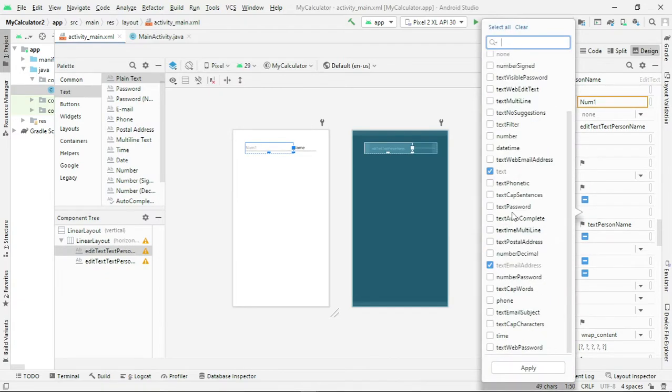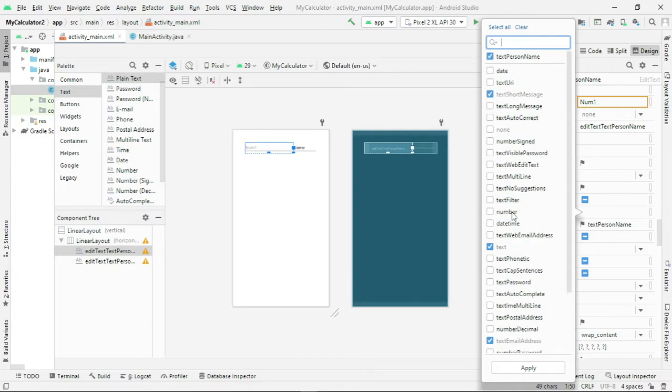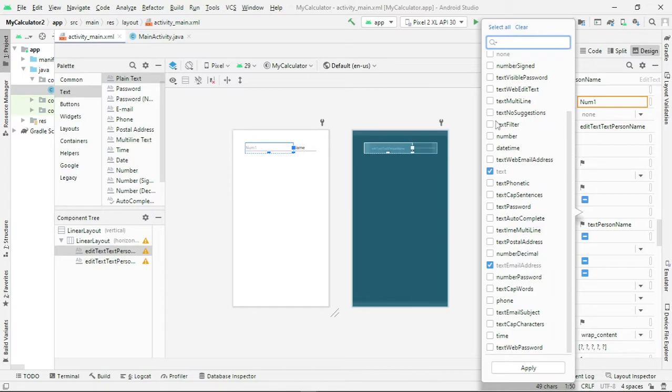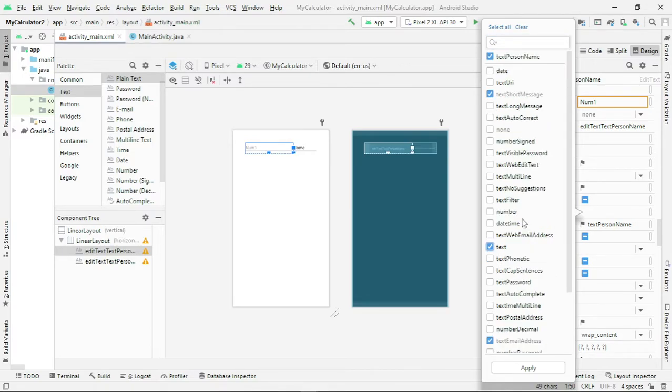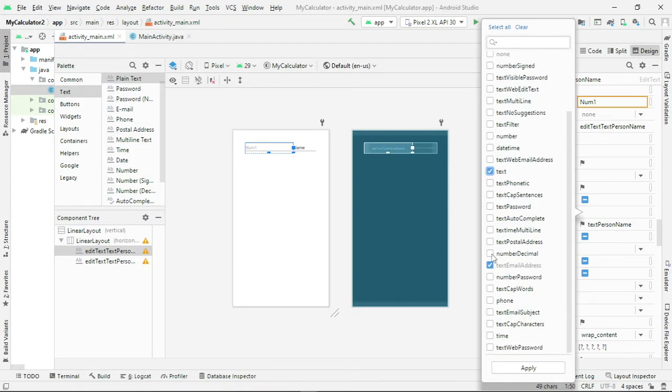Input type is number. Let me select number, not text. Let me select number decimal here. Number decimal but not text.